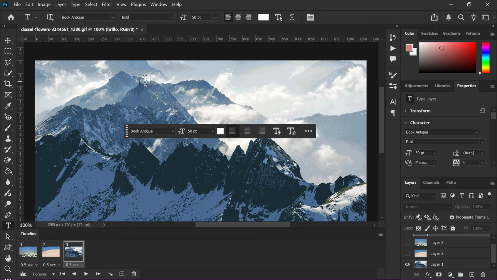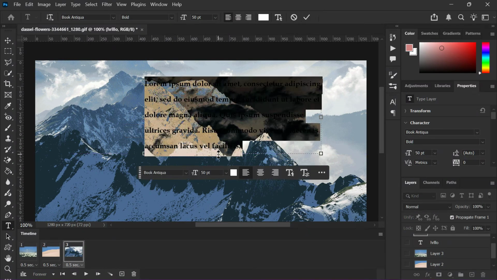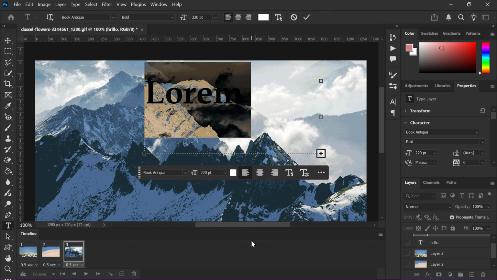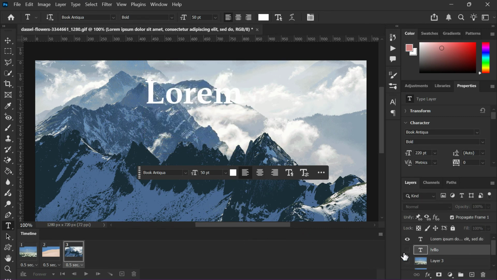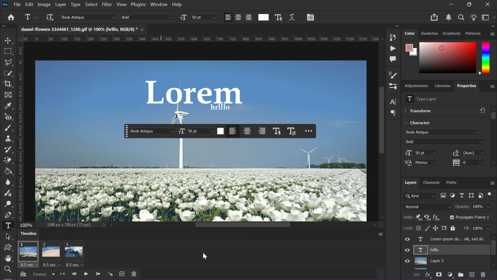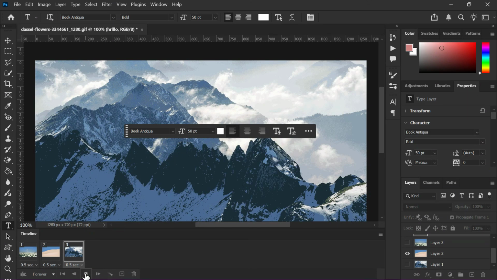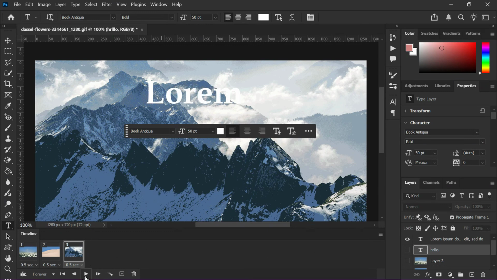Once you're happy with your edits, the final step is exporting the GIF correctly. Go to File, then Export, and choose Save for Web, also known as Save for Web Legacy. In the Export window, make sure the format is set to GIF. You can also adjust colors, looping settings, and file size if needed. When everything looks good, click Save and choose where you want the GIF to be stored on your computer. Photoshop will export your edited animation as a brand new GIF file,